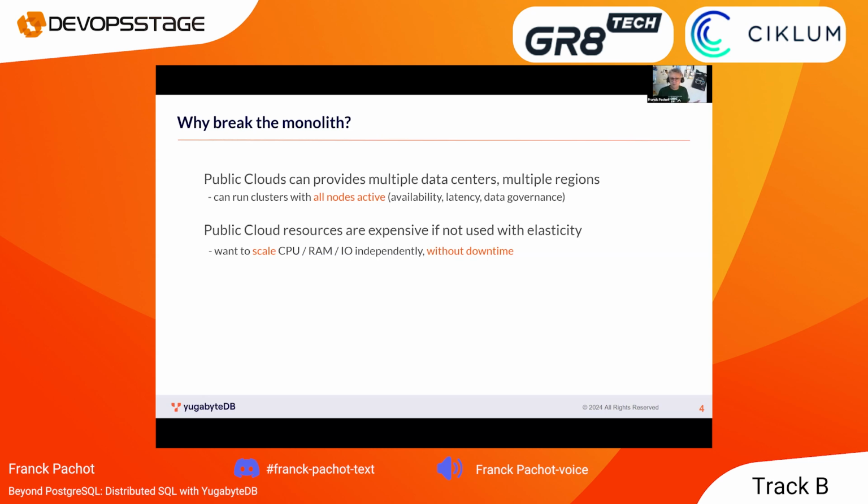And you want to do that without downtime. The point is that you can deploy on multiple data centers, but you don't want to deploy the full power on multiple data centers for the whole year, for example. So another thing also, when you are in public cloud and you use managed service, it means that